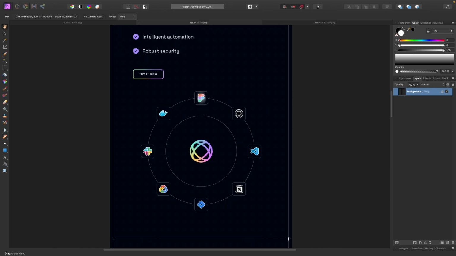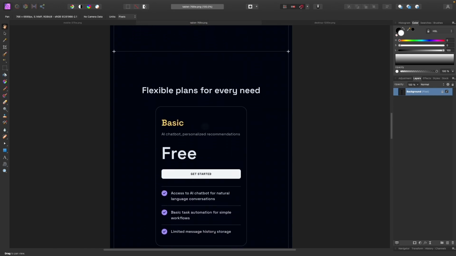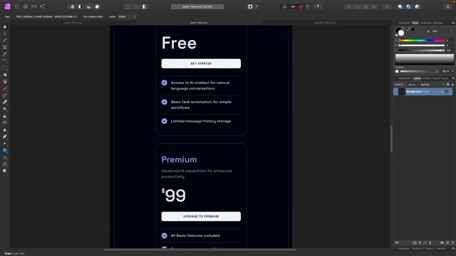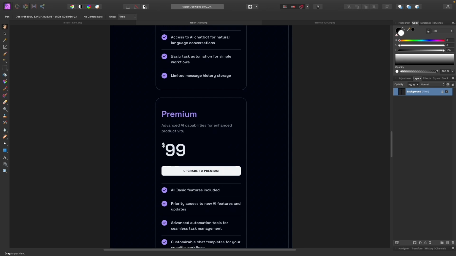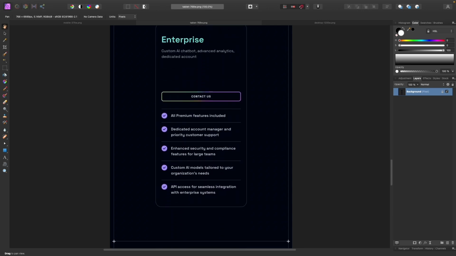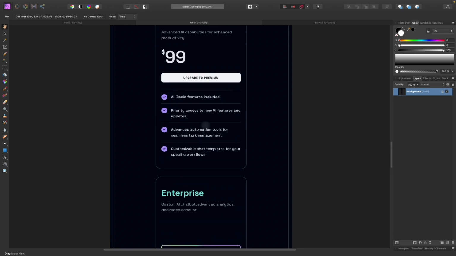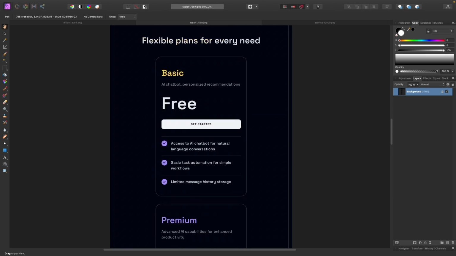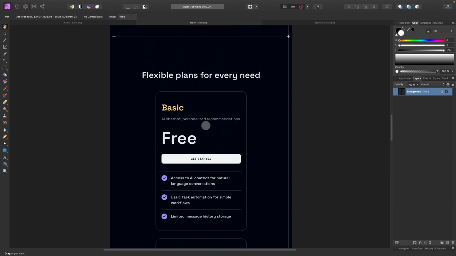Over in our tablet view, as we scroll down and look at the pricing plan, now we're stacking these pricing plans on top of each other. So we're keeping the same general look and feel to them, but we are stacking them, and we just want to make sure that they don't get too wide for this screen size. So we'll want to make sure that we keep them within a container to ensure they don't get too wide